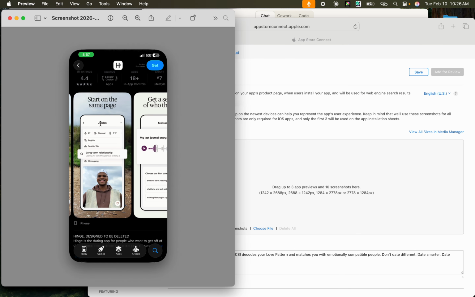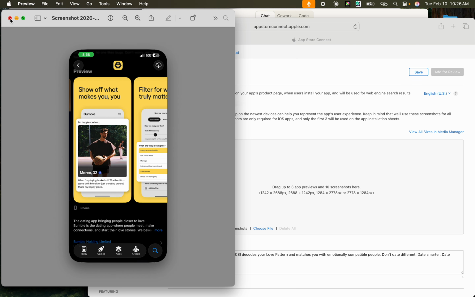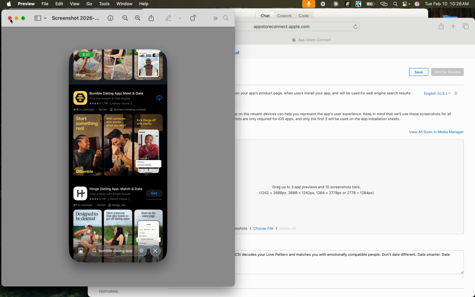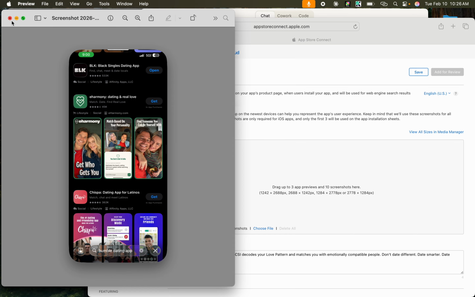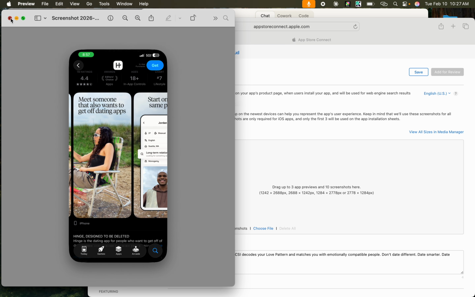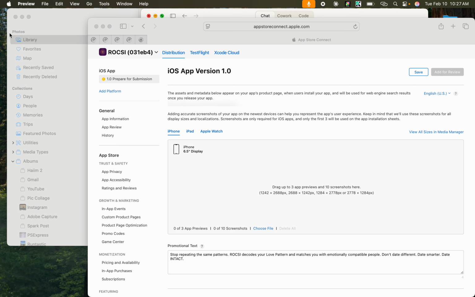Right here. Here's one right here. That's pretty good. That's for Hinge. I like that. Another one for Hinge showing some of the features. Here's Bumble showing off features again. Here's some more from Match. Yeah, so we kind of get the picture. And I just did a group one right there. We kind of get the picture of what these dating apps put out there in the market.